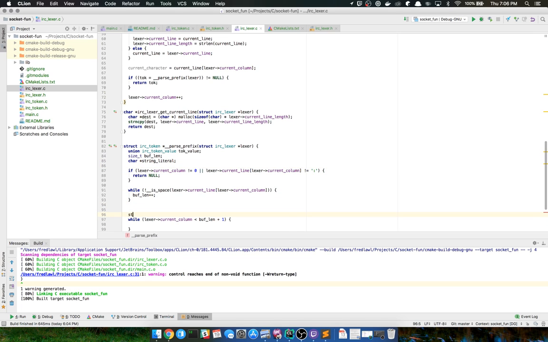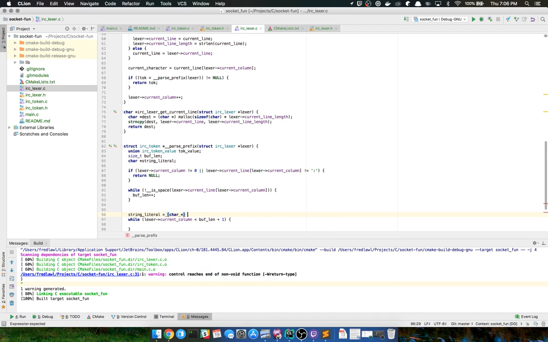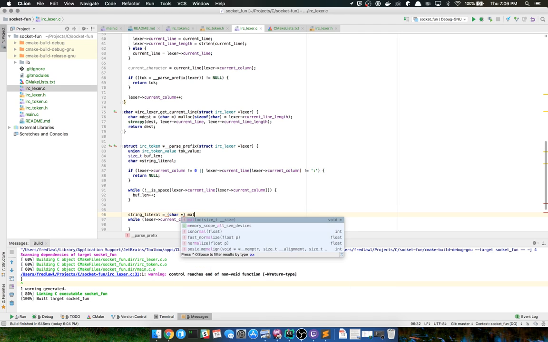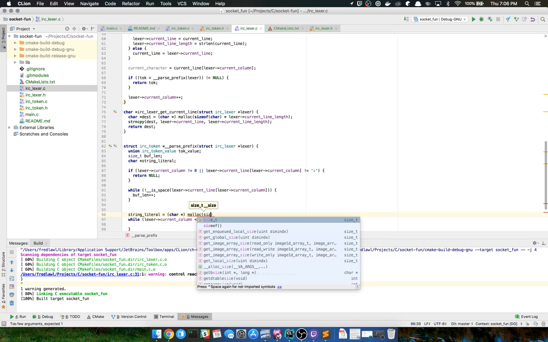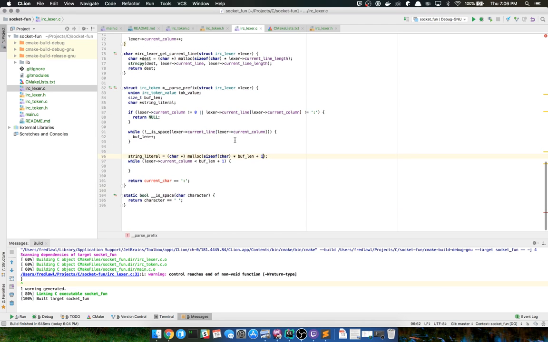So string literal equals pointer to a char character array, malloc size of char times the buff lane plus 1. I don't think I want to include the space though. I might, because that is part of the spec.